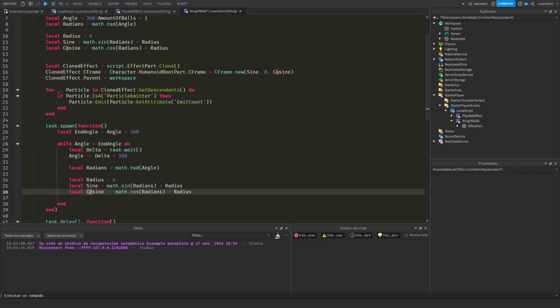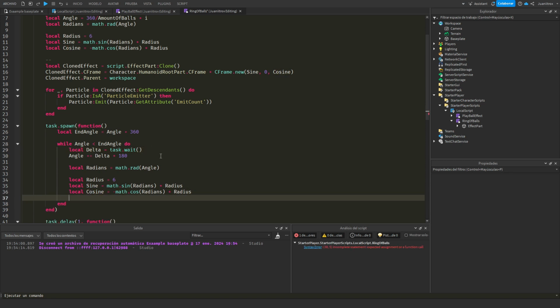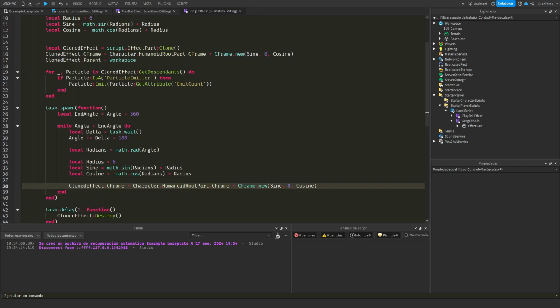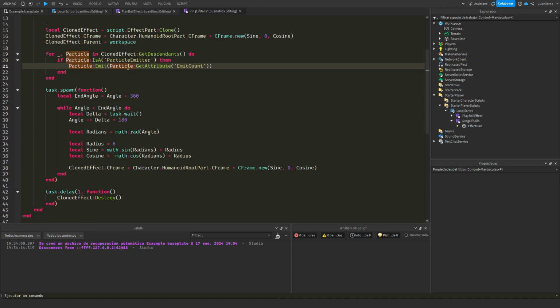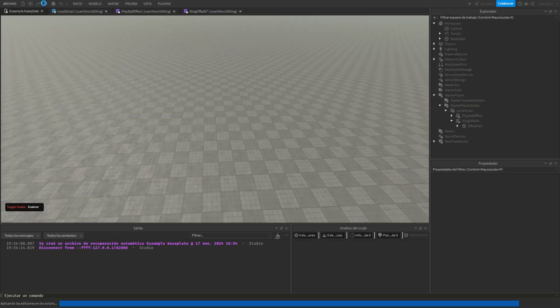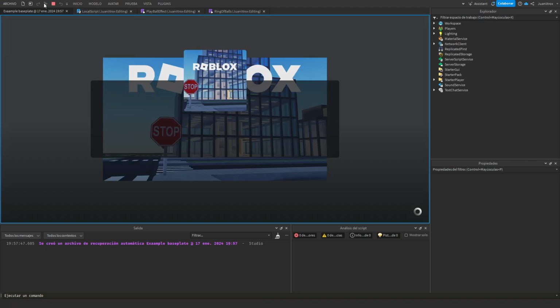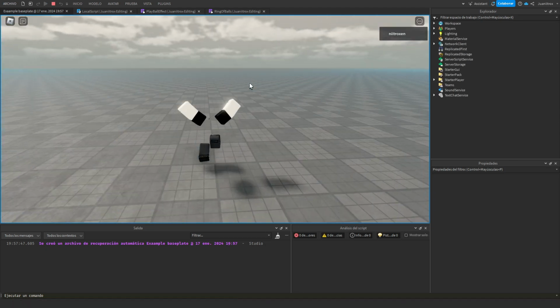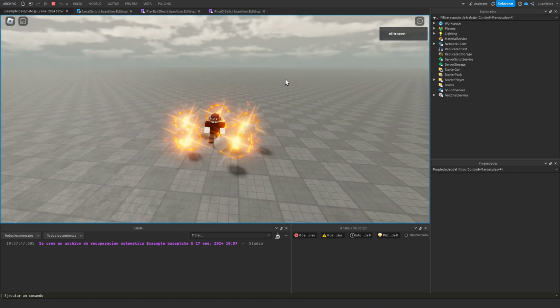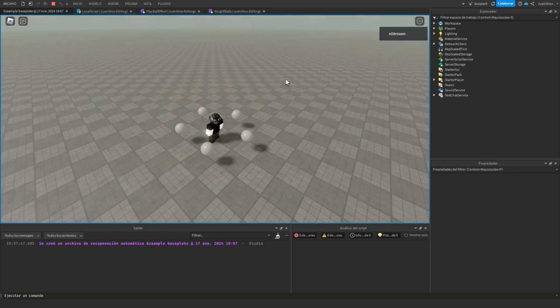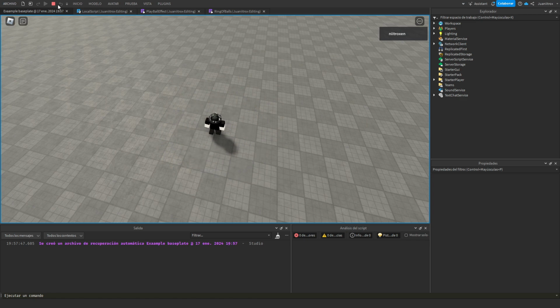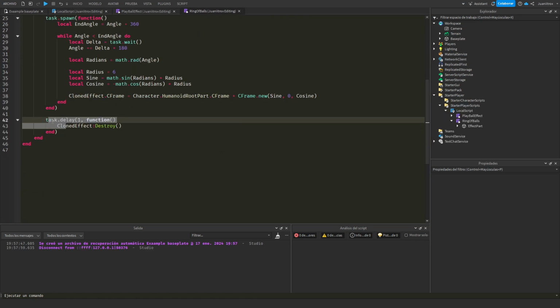And we don't need to add another task.wait down here because we already do it here. This already stops the code, but we save it in a variable. Okay, and now we're gonna do the same thing as we did here, but do it here. And now if I press play, I'm sorry if this is confusing. I tried my best. See how they rotate after that. But since it takes 1 second to delete, no matter what, since we put this here, let's remove it here